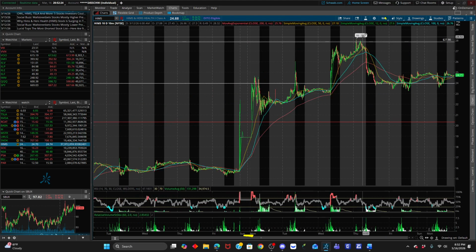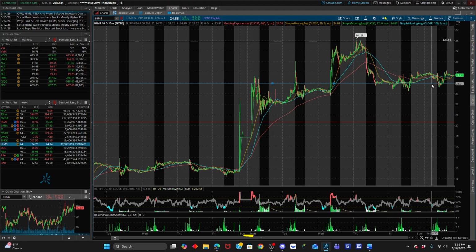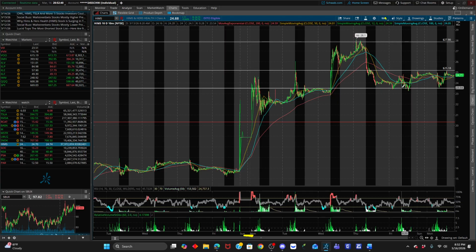Zoom back in. We got the high. That wasn't the high of today. I apologize. That was the high of last Thursday, but nevertheless, that is a key area to watch. We can move this down. So Hims looks pretty good. We got the low of today and the high of today. That's what we're watching. Let's see what we do around these levels tomorrow, guys.